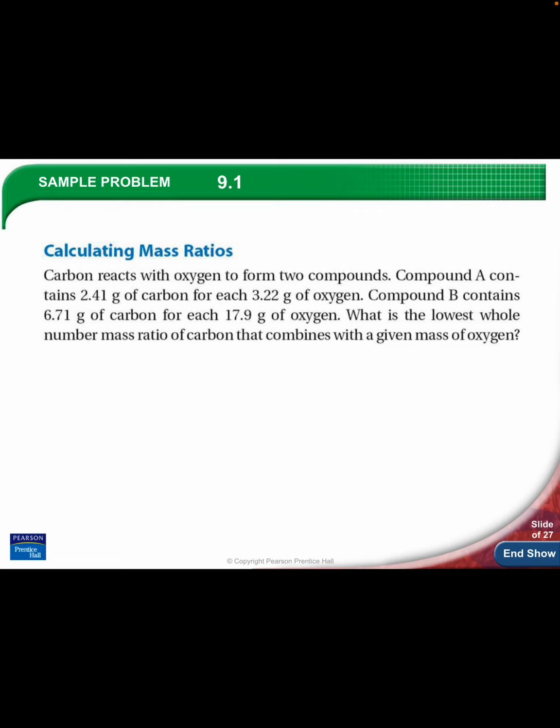And compound A has 3.22 grams of oxygen for every 2.41 grams of carbon. Compound B has a different ratio, 6.71 grams of carbon for 17.9 grams of oxygen. And this is something we do more in advanced chemistry courses, or maybe AP chemistry. You want to calculate the lowest whole number ratio of carbon in these 2 compounds that combines with a given